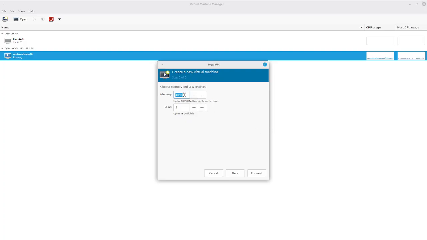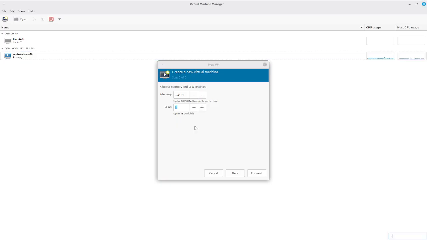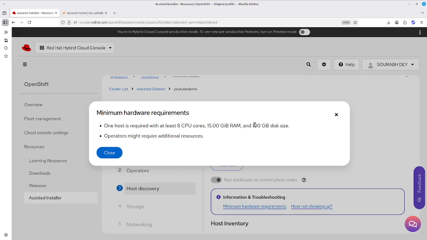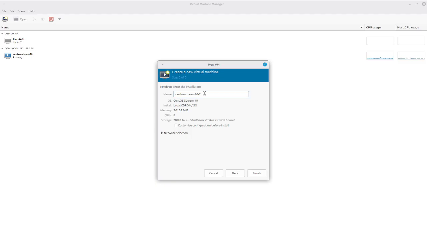Then what I'm going to do is set 64192, which is 64 GB, and 8 vCPU is required, so let me give 8 vCPU. 24 GB of RAM is more than enough, and 8 vCPU is there, and 200 GB of storage is enough for this. Since 100 GB is the requirement, I am going to give more. Now here I am going to name it YouTube OpenShift